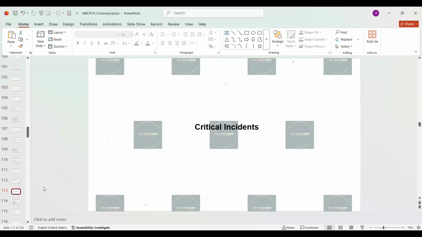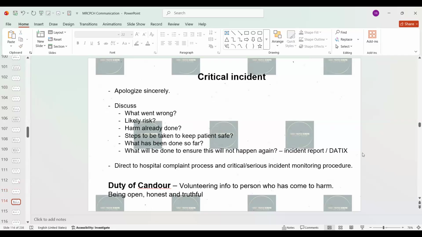And you should talk in a way that you're really apologetic. You should not just ignore it and say that it is not of much importance, nothing will happen. No, you don't do that. You sincerely apologize. You acknowledge that there has been a mistake on your part, but don't blame anybody. You say that there has been a mistake and you look into it and proceed further. Here you should never blame any colleague or anything. That is very important in a critical incident.